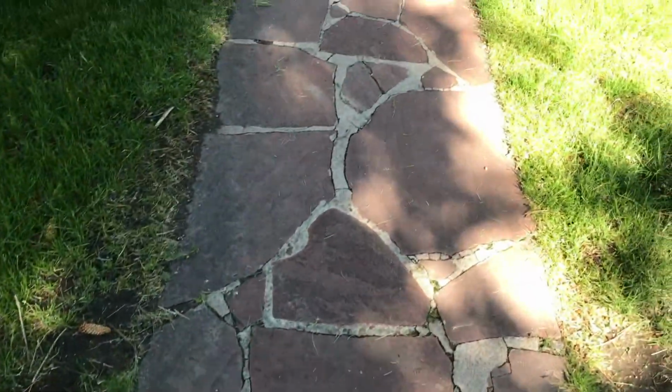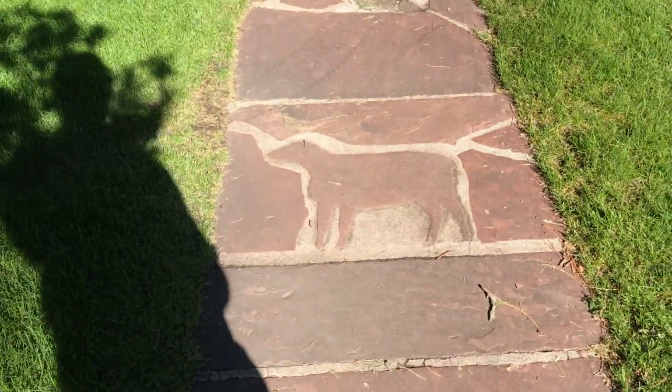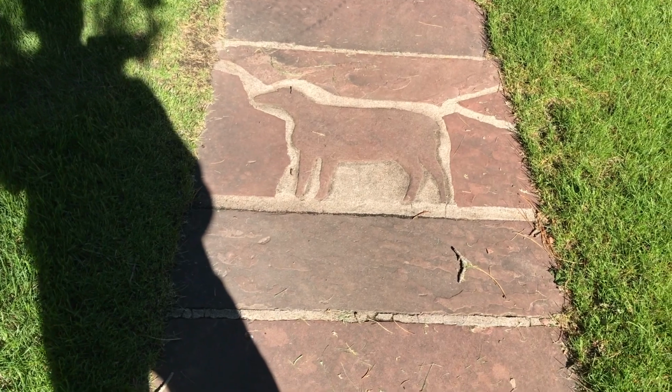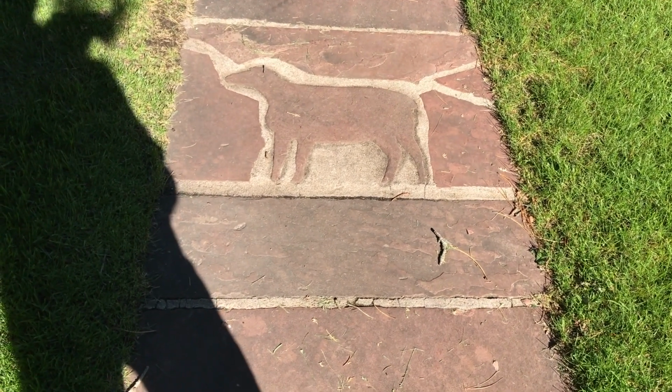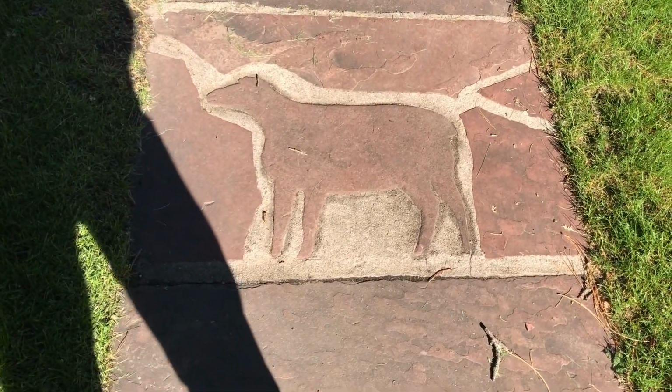Back in the 1930s, the Works Progress Administration put a lot of effort into giving people jobs around the United States because of the Depression. One of the things people were hired to do was create artwork. It's believed, although I haven't found any direct evidence yet, I'm still researching it, that some of those artists were hired to put carvings into the walkways of Cheyenne City Park. So we're just going to have a wander through